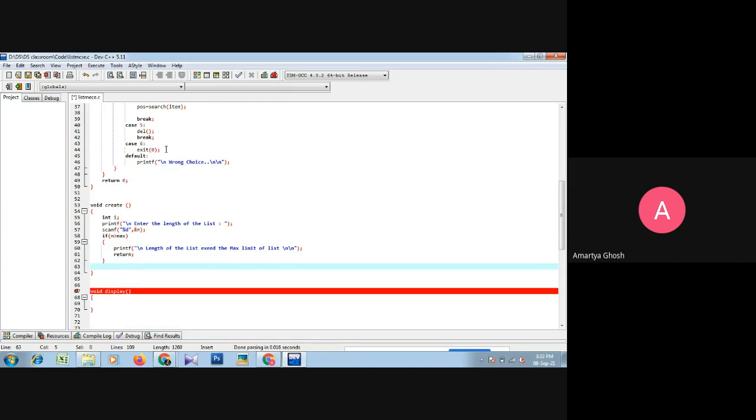So if n is less than max, we can take the input. So now printf